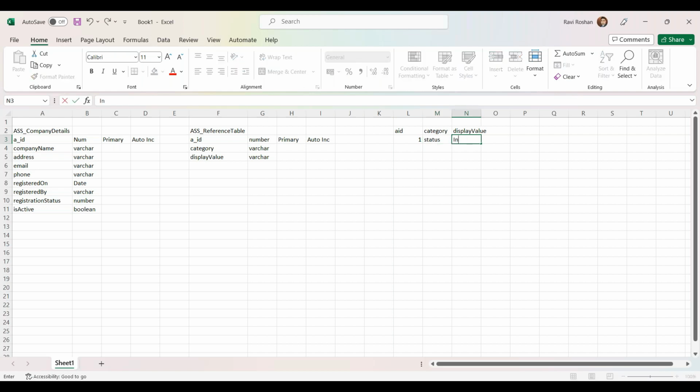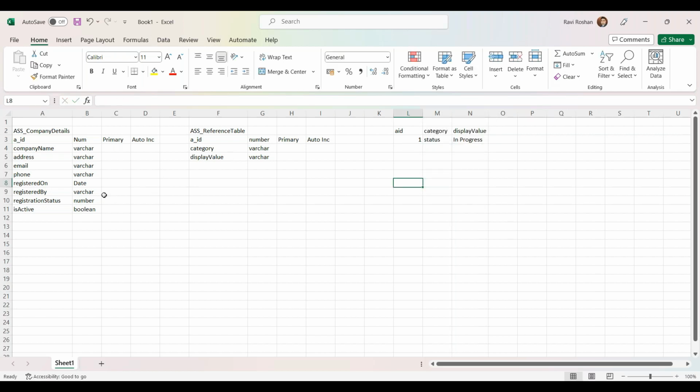and then we can have, let's say, in progress. So instead of capturing in progress directly here, what we are going to capture is one. For example, two, it's again a status, and here I'll say pending with manager. So we will be updating the status as one and two, and one and two in the reference table refer to these particular values. This is the best way, because if we capture in progress and pending with manager everywhere,